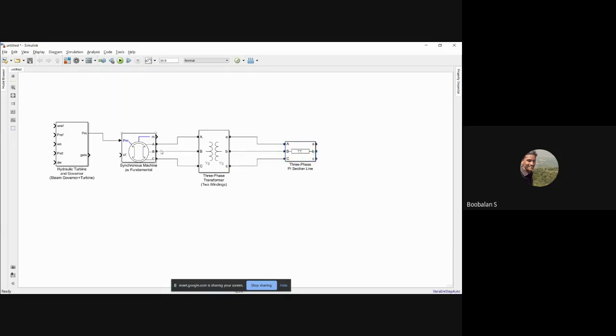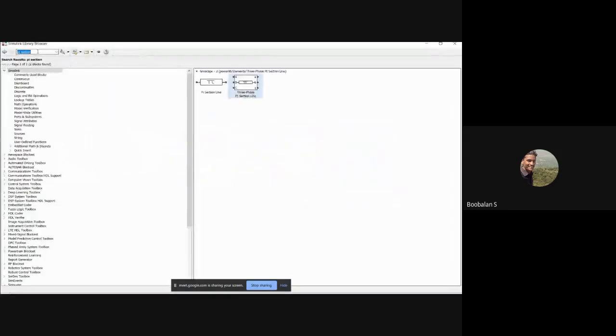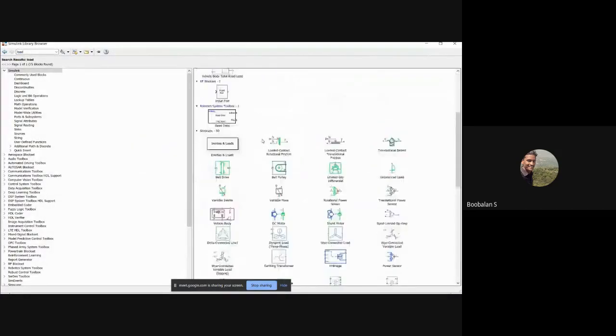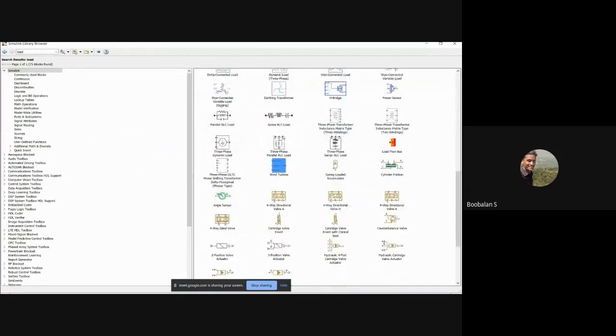So got the meaning? This is how the power flow is coming. Here it is mechanical output, here it is electrical output, here is the step up, and here is the transmission line. And finally we need a load, an RLC load. For that purpose I'm going to bring in the three-phase RLC series load. Find it from the top, the three-phase RLC load, and right click and add to model.